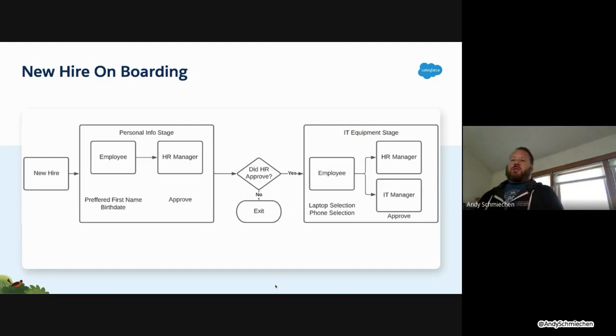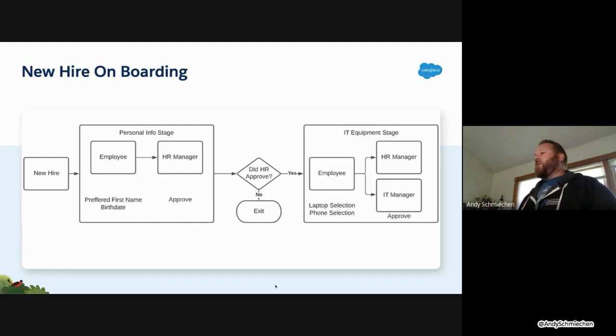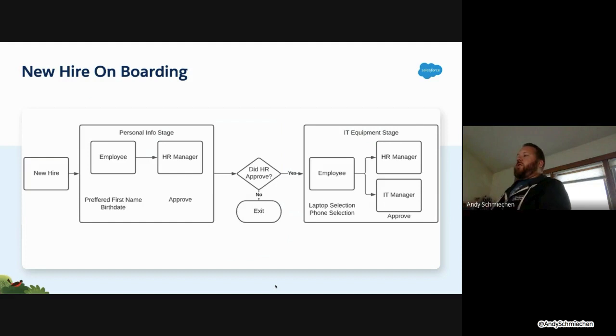This first stage is the personal information stage, where the employee has to fill out some information, their preferred first name and birth date. And then the HR manager gets a notification that it goes into the next step where they have to approve that information. And if HR approves, we're going to move forward into the next stage for the employee to select their IT equipment. So they get a notification, they can fill out the form to the flow to fill out, select their